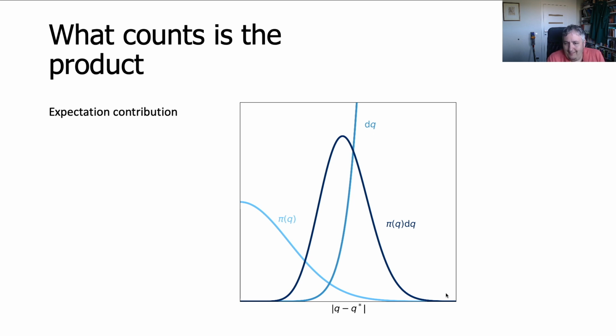And because it looks somewhat like this, the values that are important are not those close to the mode, because they are not contributing, as there is so little volume for them. So here's a little volume, and here's much more. So we have to move away from the maximum. Of course, not so far away that the product of density function and volume becomes zero. But when volume rises, the points in the distribution function that we could think of as not important become more and more relevant for our computation.